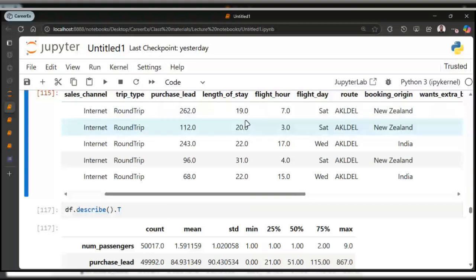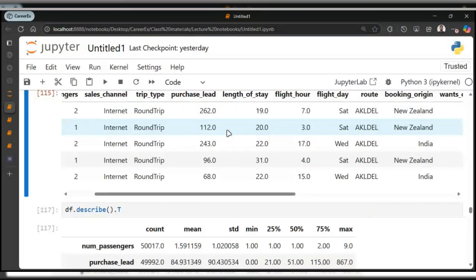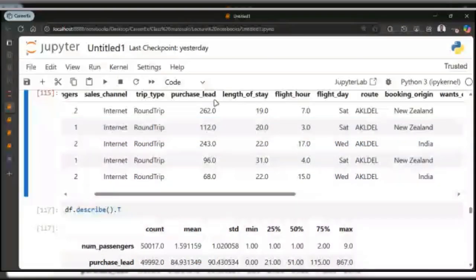So your algorithm actually needs your numerical variables to be in the same scale so it can converge faster and work efficiently. Sometimes you might have a particular column that is in millions, like 5 million, 4 million, and then you have another numerical variable that is in tens, like 10, 20, 25.